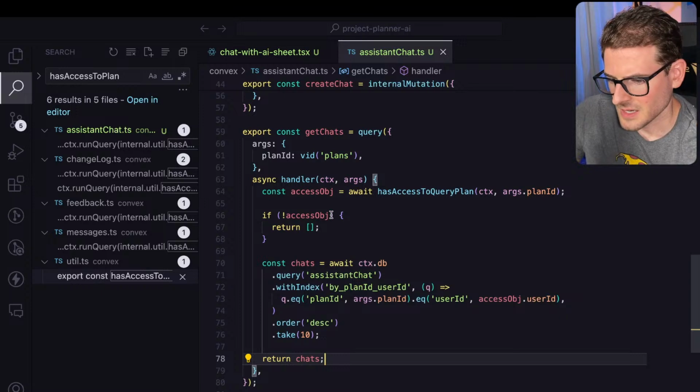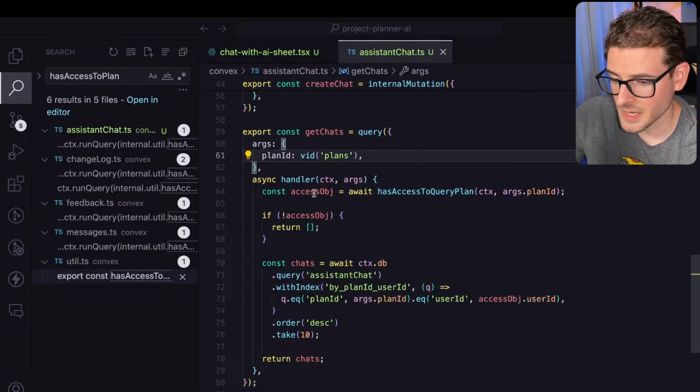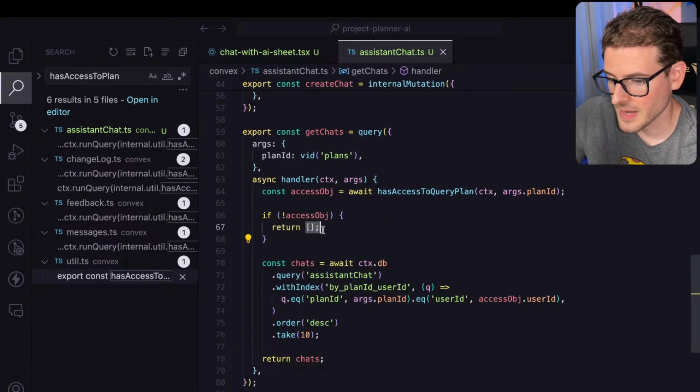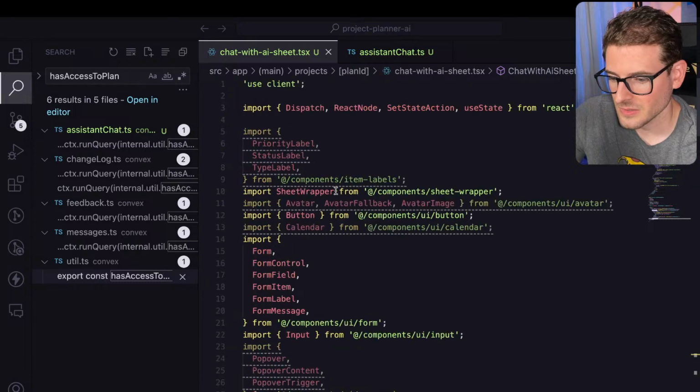All right, let's take a second and just look at this code because I want to make sure this is secure. So the person making the request to the query, do they have access to the plan? If not, just return an empty array. If they do, do the actual query, give them back the last 10 things. And then we can use that in our form